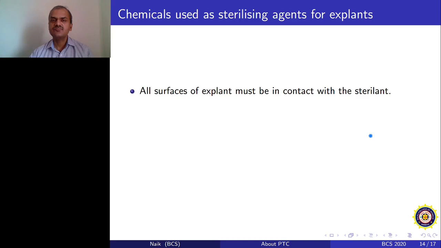Hairs are generally present in solanaceous members, so if you are using, say, tomato explants, they will have a lot of hairs on the surface, and therefore you have to make sure that you treat that explant carefully. Sometimes even vacuum infiltration of the sterilizing agent is good. If you have a vacuum pump inside the laminar hood, then that is in fact the best way to sterilize the explant, because it will remove all the air bubbles on the surfaces of the explant, and your explant will have 100% contact with the sterilant.